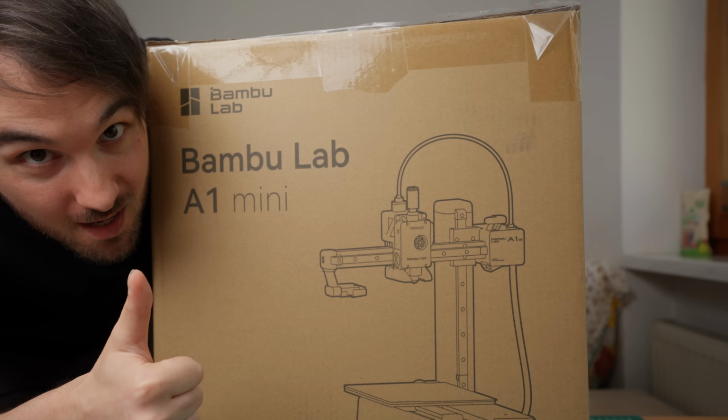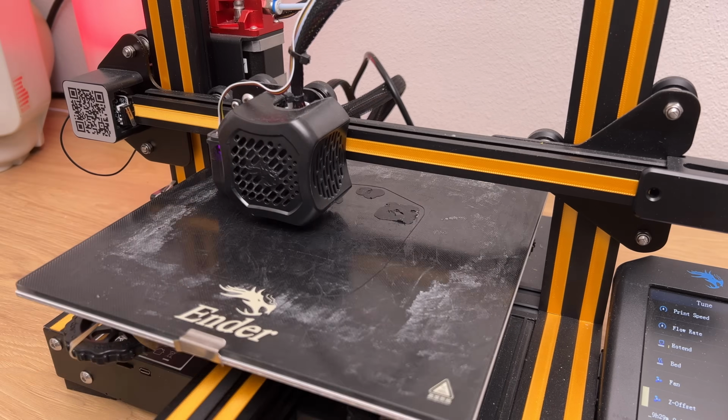Look what arrived in the meantime. Okay, so now that we wait for the cartridge to finish printing, we can take a closer look at the